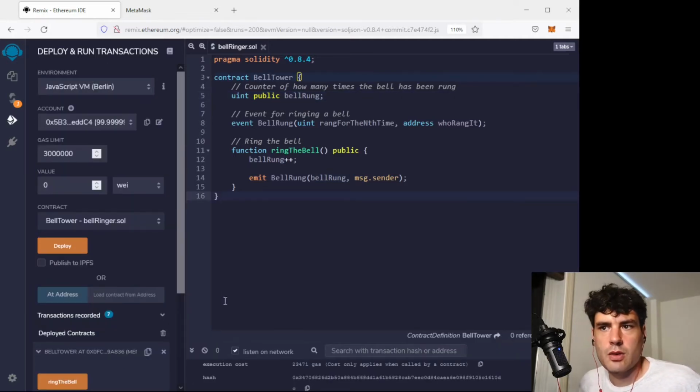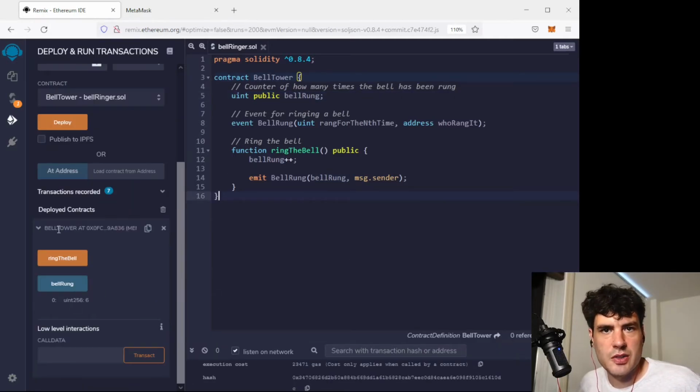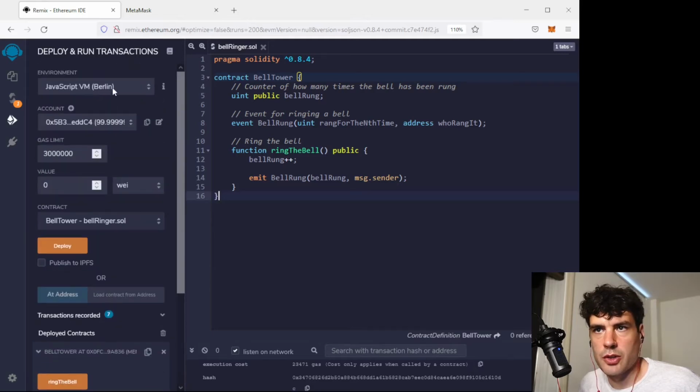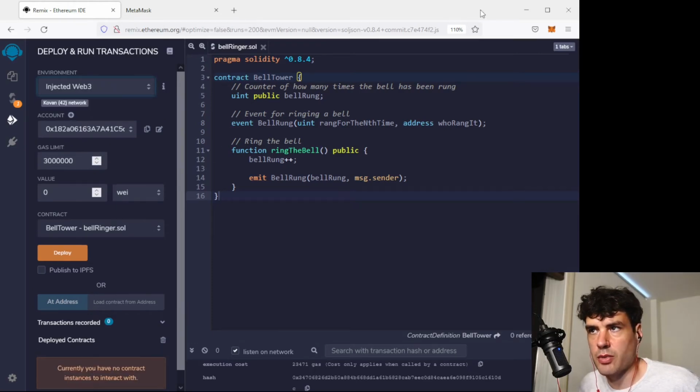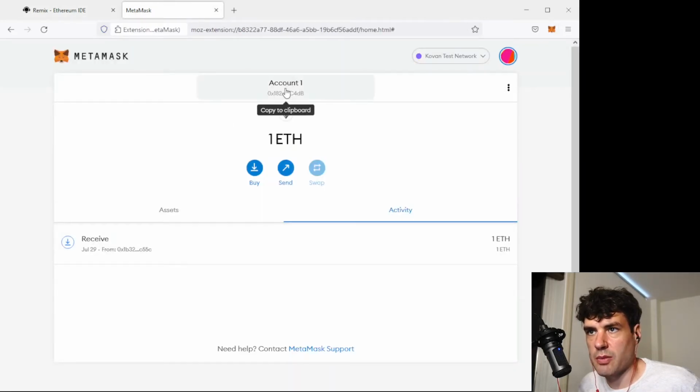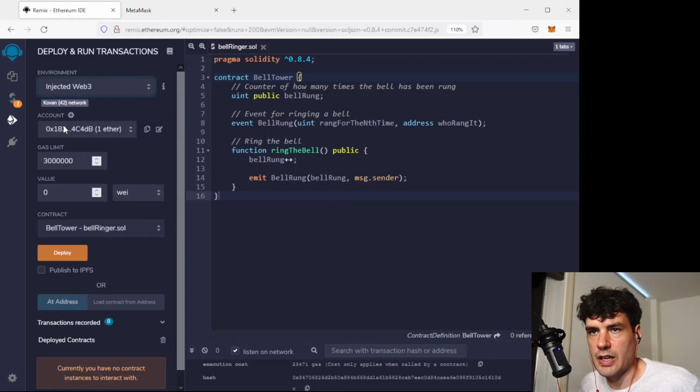So after you've run it locally and you're satisfied that it does roughly what you want it to with local interaction, I like to next go to the testnet. The way that I do this is by changing the environment from JavaScript VM to injected Web3. And that is going to link this to my MetaMask instance. You can see it loaded my address from MetaMask here, filled that in here. And so now when I do deploy,